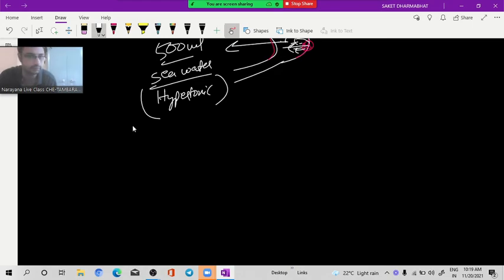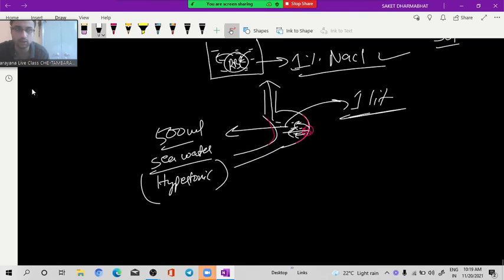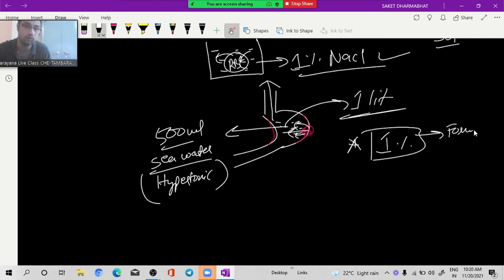Now let's see here. So this was all about what? RBC. Okay, I think maximum things I have told you. Anemia, leukocyte, erythrocytopenia, everything I have told you. Every day 1% RBC forms in our blood, as well as 1% RBC death also takes place. So every day 1% RBC die in our blood, and 1% new RBC enter inside our blood.